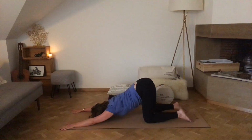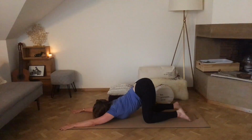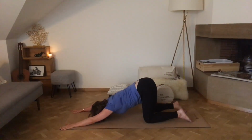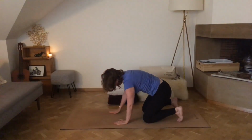You can rest your forehead on the mat. You can rest your chin on the mat. Just really being attentive and listening to what your body needs today and what feels good in your body. You could even support your forehead with a cushion if that feels good. And then when you're ready, slowly walking back up and coming onto your heels